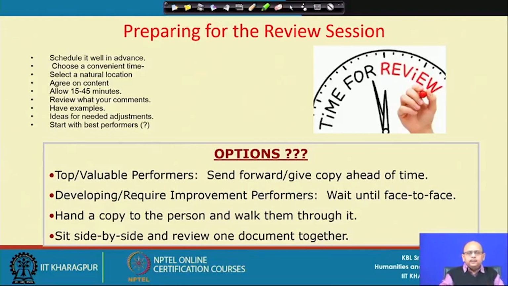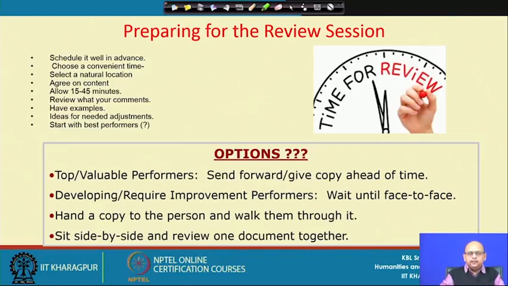Some of the things that are very important when you are going for review is that before you start the review process, you have to look at some of the preparations that you need to make, because the review session is very important both for the employee and the supervisor, right. So, when you are going to take up this issue of review with the employees,